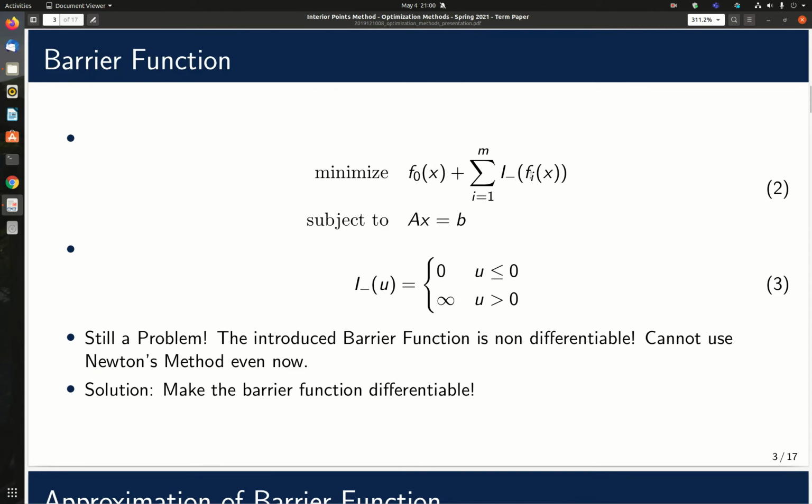whenever f I x is less than or equal to 0, we do not want to penalize the objective function, but as soon as f I x becomes greater than 0, we want to penalize it heavily, tending towards infinity. Since this is a minimization problem, the objective function will automatically go towards the minimum and fit within the feasible solution. But this has really not solved our problem.